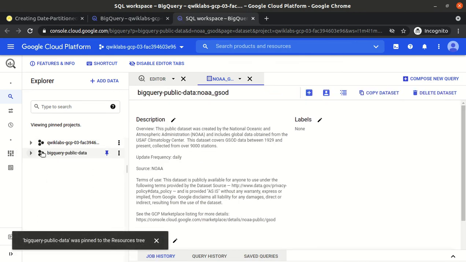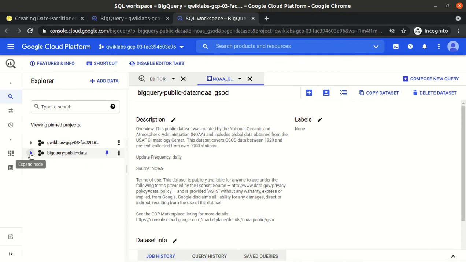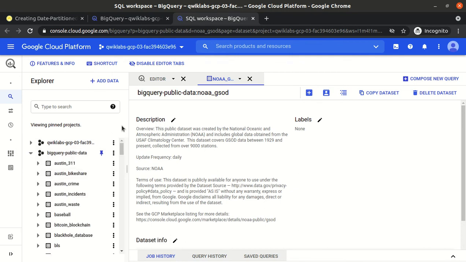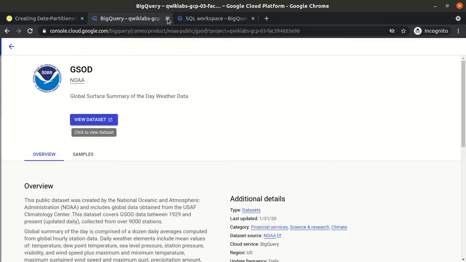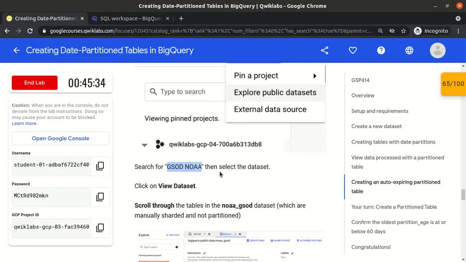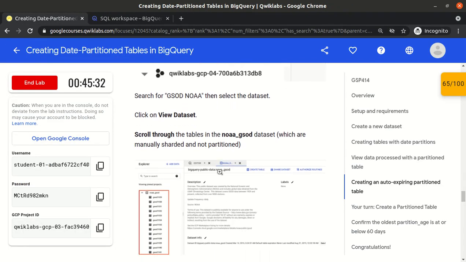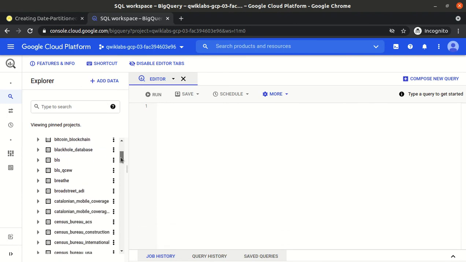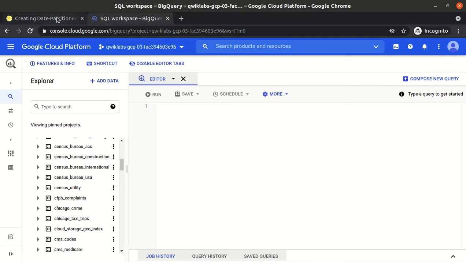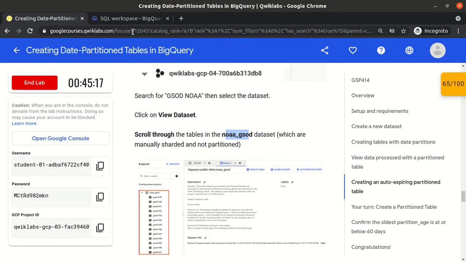Now we can see one is our project and one is the public dataset, BigQuery public data. Let me close the earlier window. Now scroll through the tables of this dataset. This public data has many further datasets, but we need to find where the NOAA GSOD dataset is.